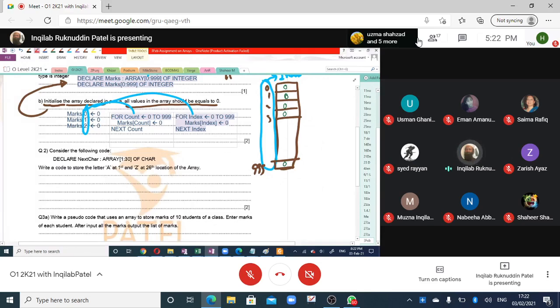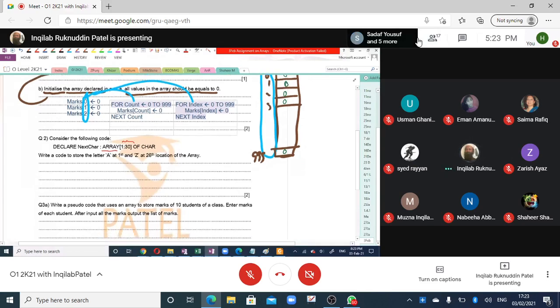Next char is an identifier of an array. The size of array is 30. Now write a code to store A at first and Z at 26th location of the array.